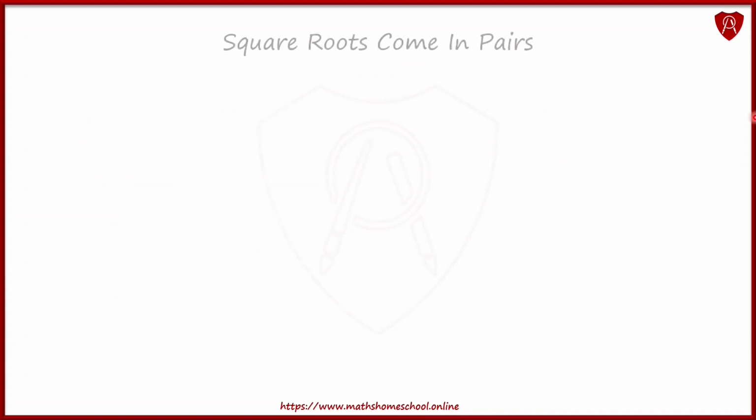Here is a third key point. Square roots come in pairs. Let's demonstrate this quickly. What is the value of 3 squared? We know it is 3 times 3, which is the same as 9. How about -3 squared, or -3 times -3? It is also equal to 9. If you use your calculator to square a negative number, enclose the number together with the negative sign inside brackets